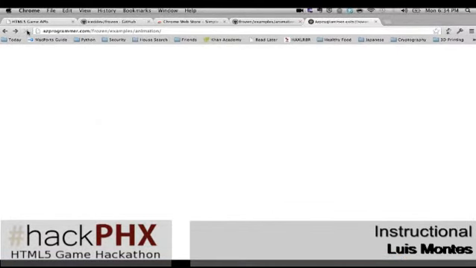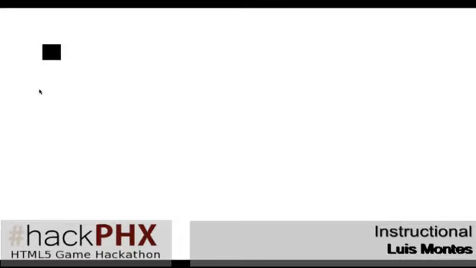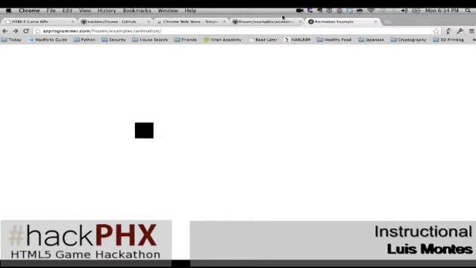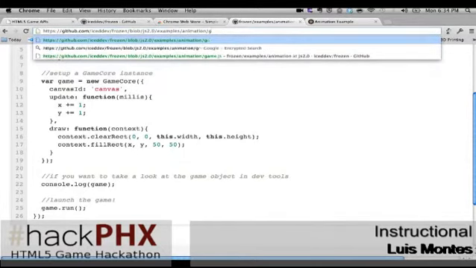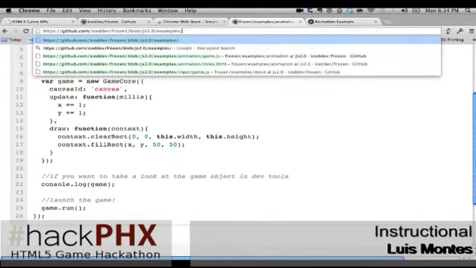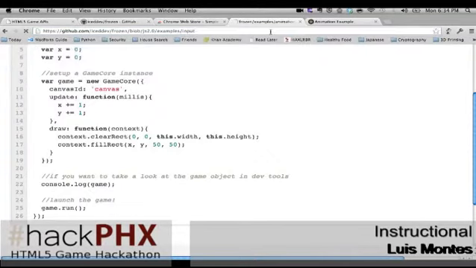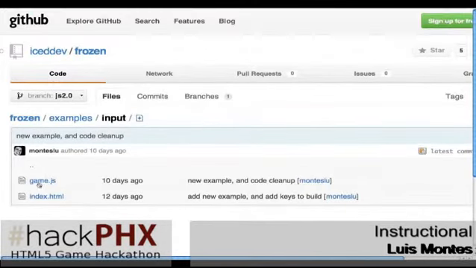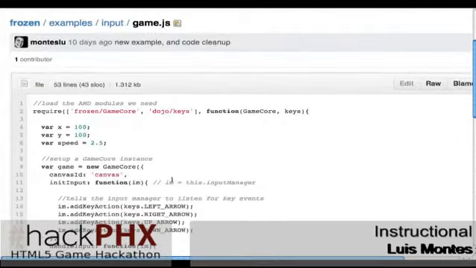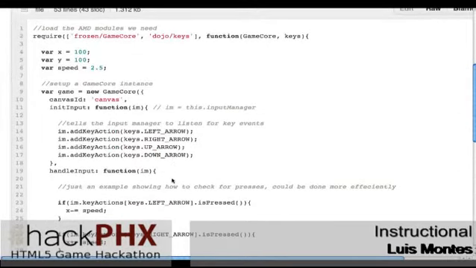Input. So if we want to move something around, we need some type of an input manager. And so this is a little bit more of an example. When my game initializes, I can tell it to map some keys, map the arrows. Every cycle, when I want to handle the input, I could say, okay, that same thing that I just did with the x's and y's of incrementing, well, why not increment or decrement based on whether or not a key is pressed, and then draw it.